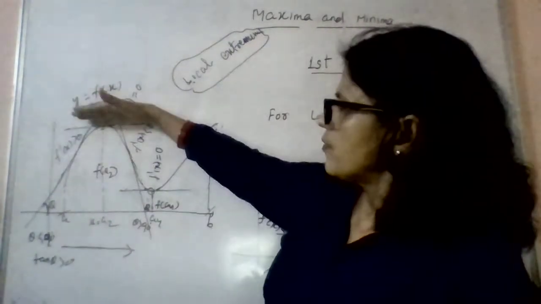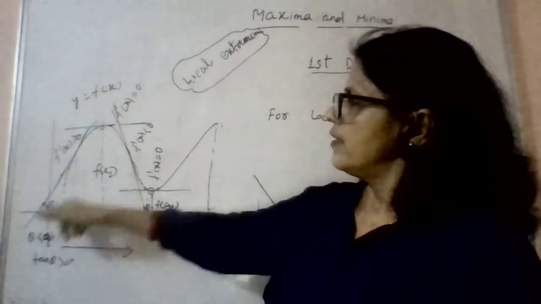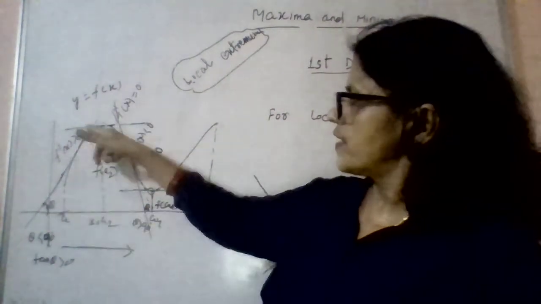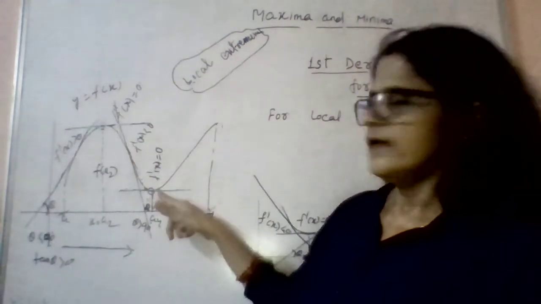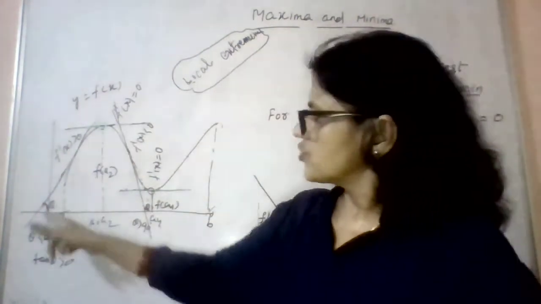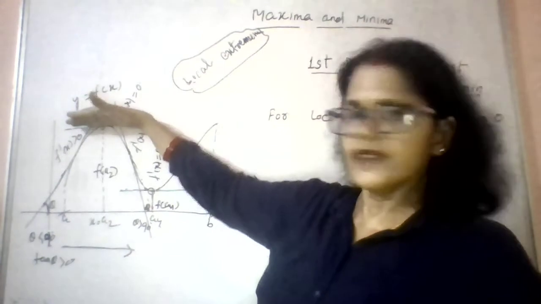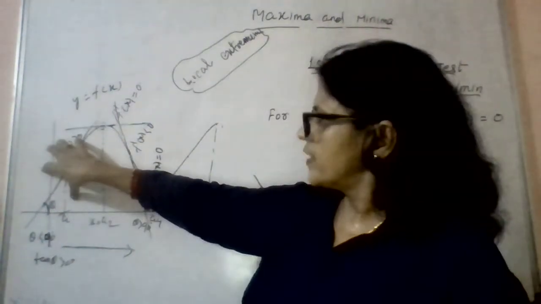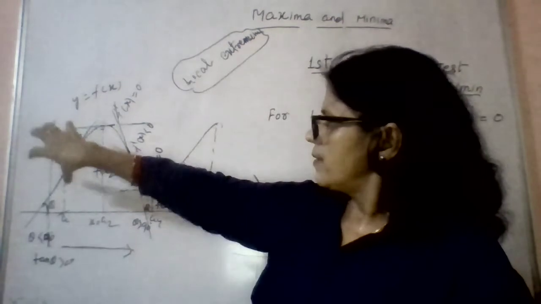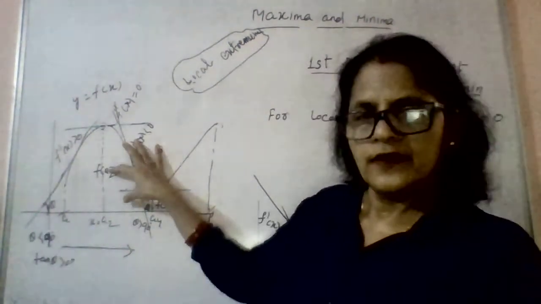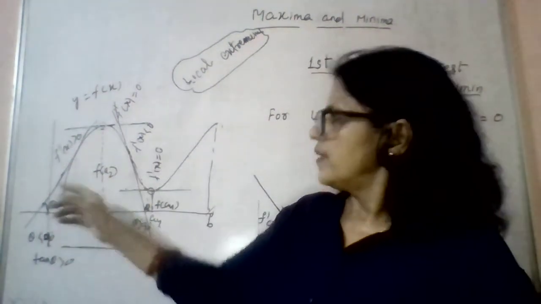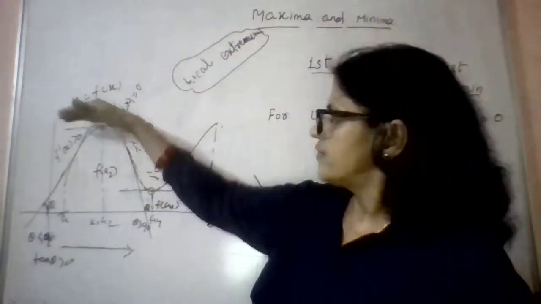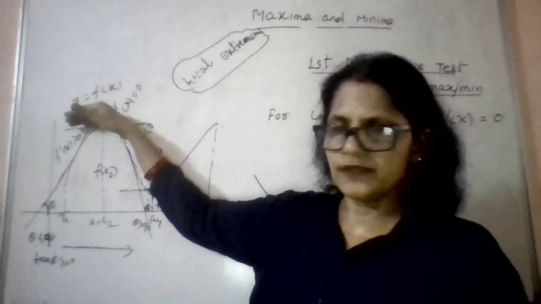Okay, so for the point of local maximum, it is like this, the function is increasing then decreasing. So f dash x greater than 0, then less than 0. So strictly increasing, then it is maximum, then strictly decreasing. So the sign of the derivative changes from positive to negative as we move from left to right of the point. So then we can say this point is a point of local maximum.